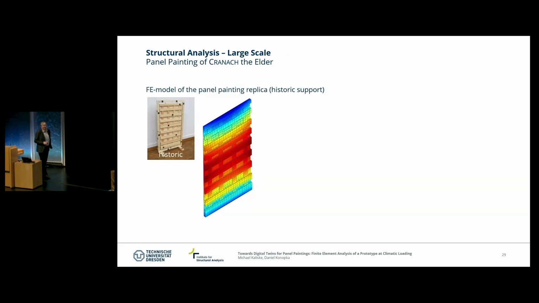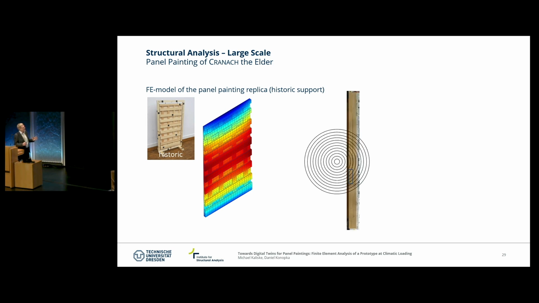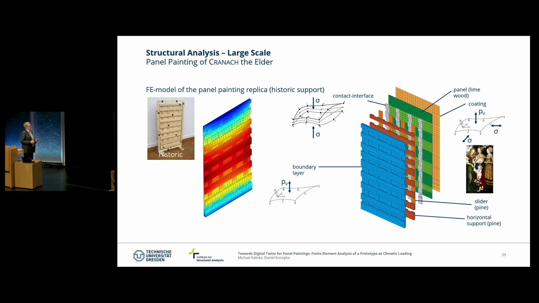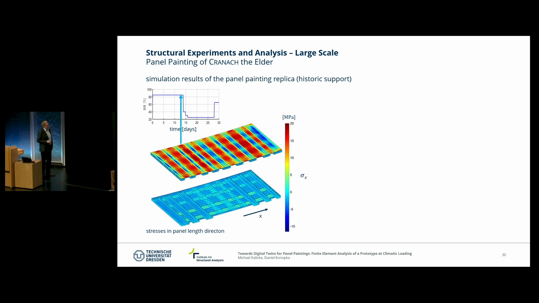So for the simulation model, we had to identify and describe really all the different features which contribute to the structural response. So that means on the one hand, we even tried to model the annual rings in the panels. We took into account the paint layer, the panels themselves and the support structure. We modeled, of course, the surface by surface elements. And then we carried out our numerical experiments. We took the climate which was applied in the climate chamber as well.